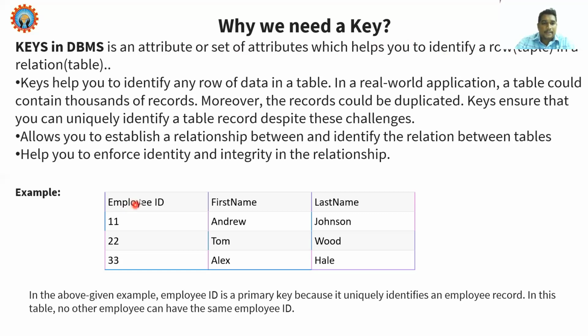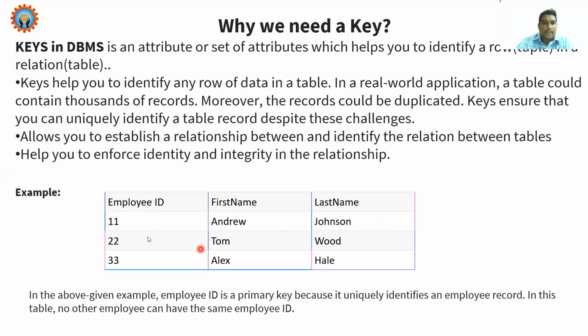If I see the employee ID, we use a key constraint on the particular employee ID, so that based on this attribute we can identify the